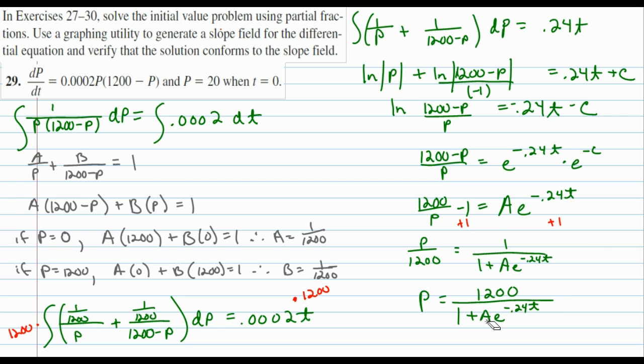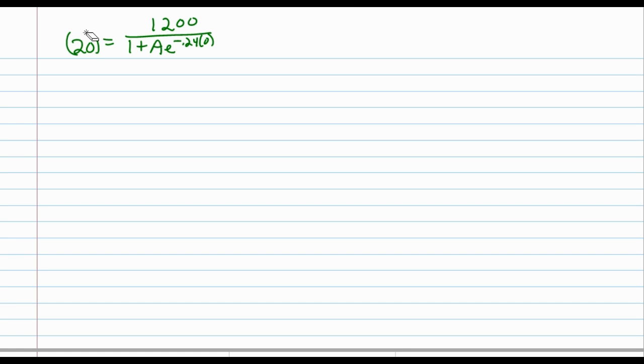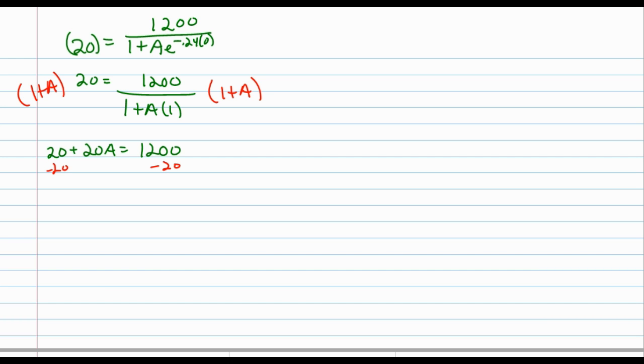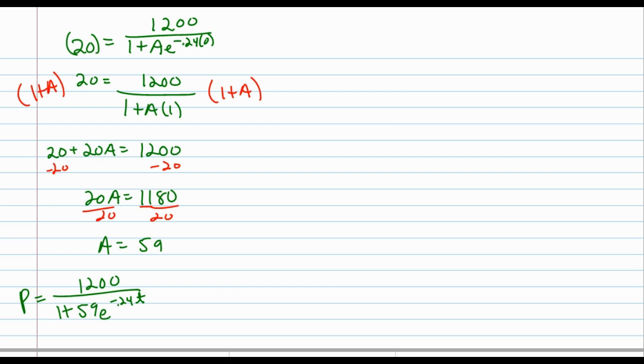And now I need to solve for a. And I've got that initial value when p equals 20 when t equals 0. So I'm going to plug in 20 for p and 0 for t and simplify. Now I've got to multiply both sides by 1 plus a to get a out of the denominator. Distribute, solve for a, and I get that a equals 59. So my final equation then would be the population is going to be 1200 over 1 plus 59 e to